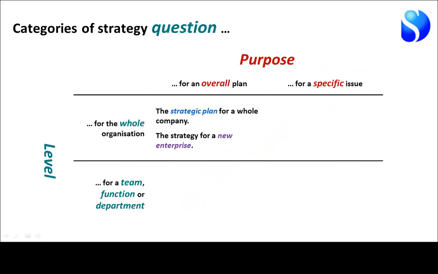So let's organise that last little piece there. There are 2 broad purposes of doing strategy, and there are 2 levels at which that might be done. The 2 purposes are, first of all, you may want to put together an overall plan, and that's a plan that continues from year to year, from quarter to quarter, from month to month, and you constantly update it. And for those of you who come from a system dynamics modeling point of view,